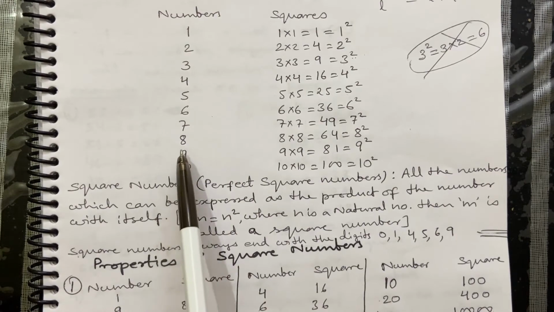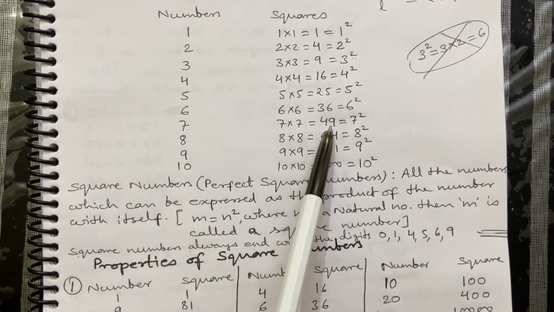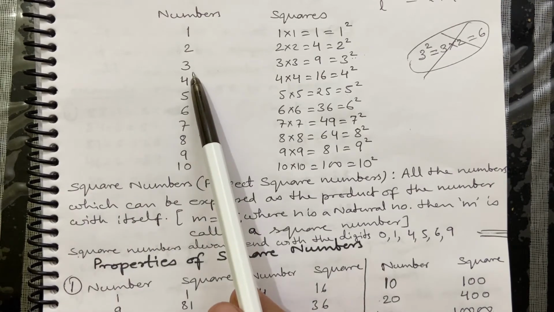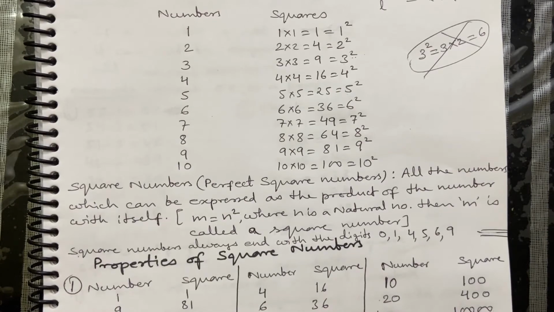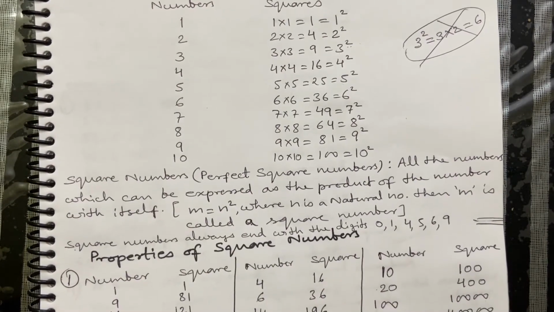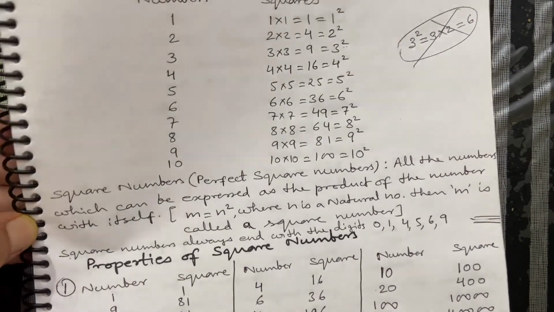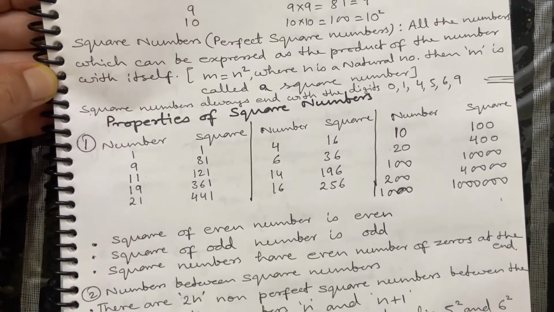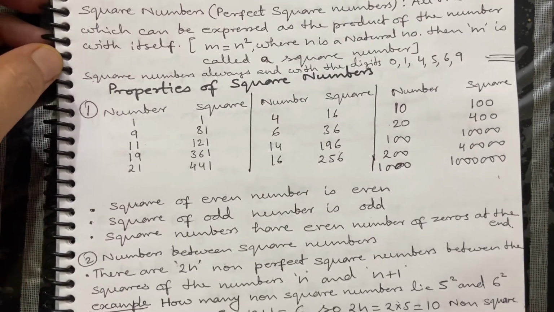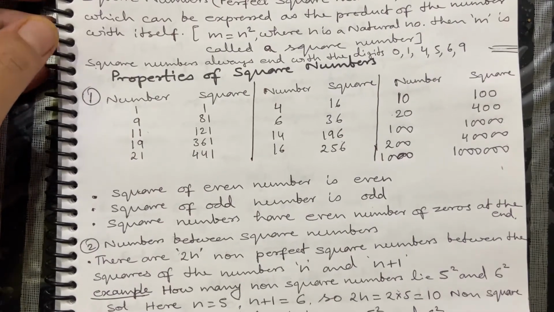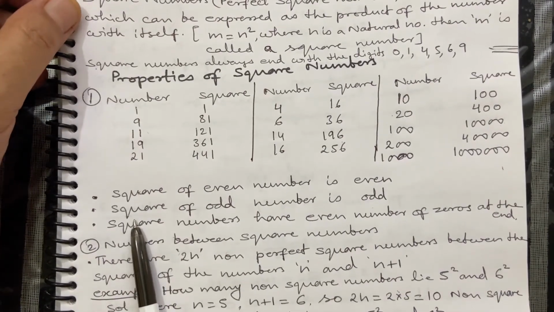Similarly, the square of odd numbers are always odd. Like 7 square is 49, both are odd. 3 is an odd number. The square is 9, which is again an odd number. So overall we can say the square of even number is always even and the square of odd number is always odd. The second point is square